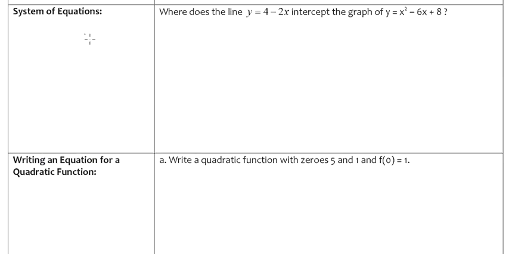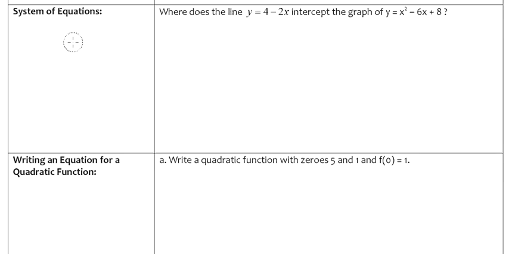Alright, systems of equations. Up to this point, you've always dealt with systems of equations with linear equations. So maybe it was something like 3x plus 2y equals 8, and 2x minus 5y equals 7. And you had to go through and either use graphing, substitution, or elimination to solve those. And we're doing the same type of problems, except for now we're going to be using equations that aren't necessarily